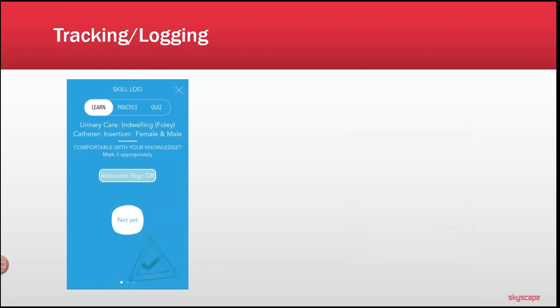This particular option, the skill log itself, gives you 3 different options. The top left offers our Learn option. So when a student goes into this tracking portion of the application, they are going to go through and learn the skill. They're going to have the ability to learn it from the video, from the step-by-step procedure. They may even be learning it in the lab if you're demonstrating for them. Once they recognize that they're comfortable with that, the student has the ability to track and log and confidently say, I get it. I get what I need to do with this.